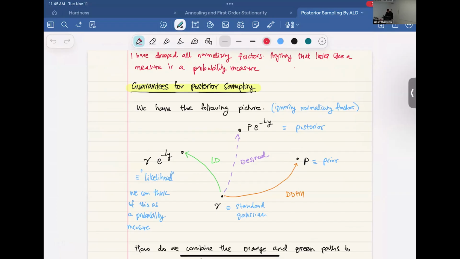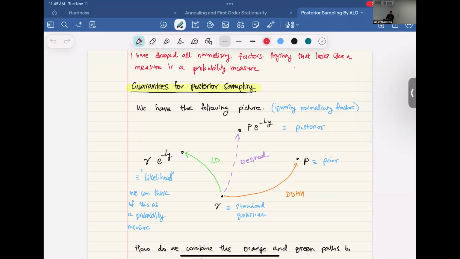Okay, so then we'll talk about basically this paper about some positive result for posterior sampling, which combines these two ideas. One of them was annealed Langevin dynamics, where I specify a path pi t, and then I can tell you, depending on how fast you simulate it, how close you are at all times. And then the other thing showed a very similar result,